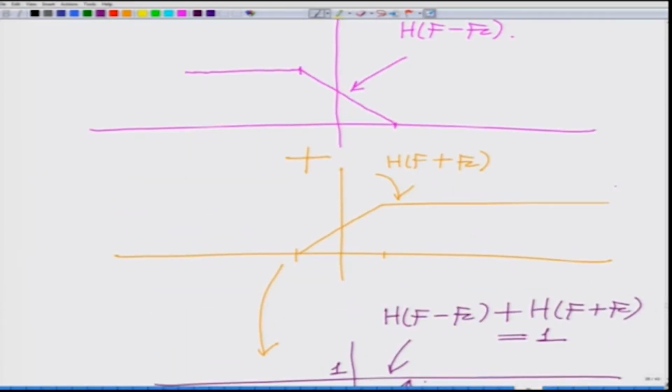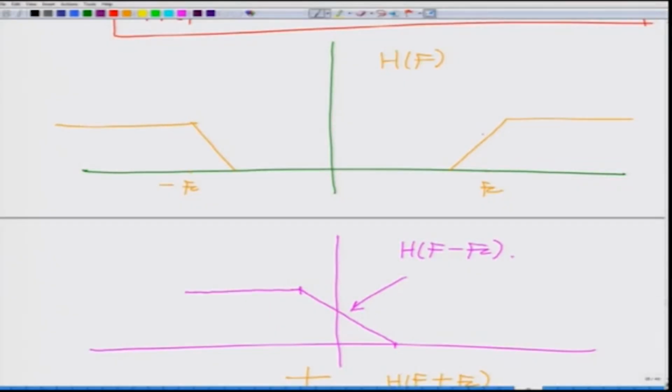And you can see this property is satisfied if the VSB filter is symmetric about fc. That is, if this is symmetric about fc, let us say this point is fc minus delta f, this point is let us say fc plus delta f, and you can see that this is linearly increasing between fc minus delta f to fc plus delta f, the midpoint is at fc. So, if this is symmetric about fc, then this property is satisfied, or in other words, between fc minus delta f to fc plus delta f, this has to be